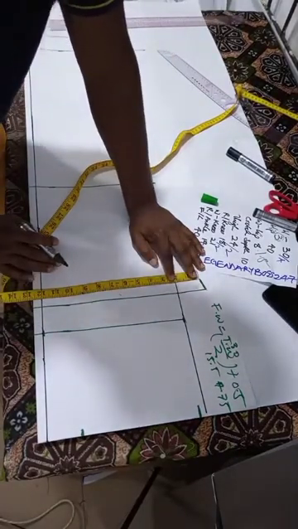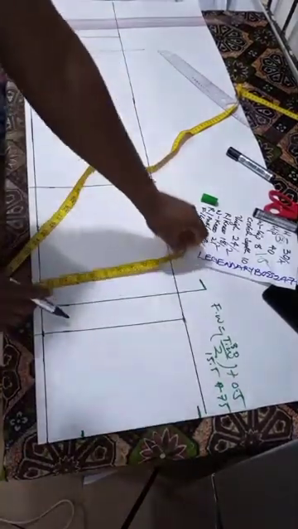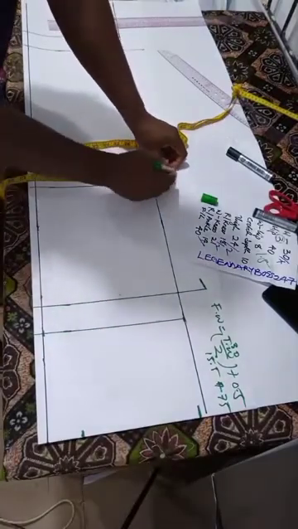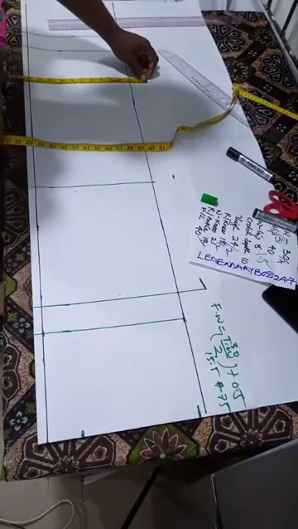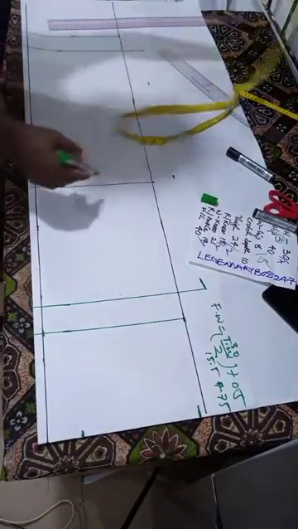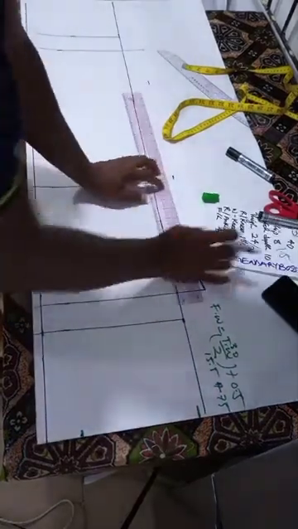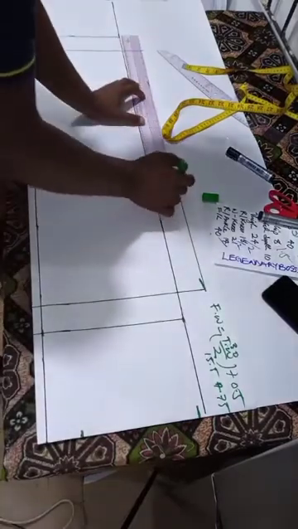This is 12. And then since we are making a palazzo, you are simply going to measure this 12 all the way down, right? So the only fitted part here is going to be your thigh. So we have 12, 12, 12 all the way down, and this gives us our palazzo, the base, right? So this is 12. Remember, we have done a fitted trouser,